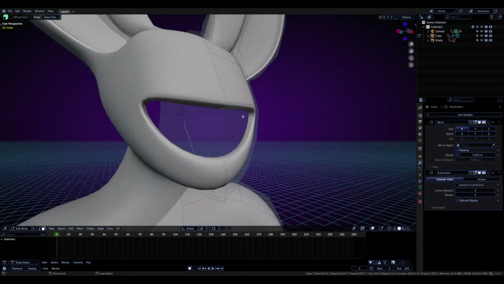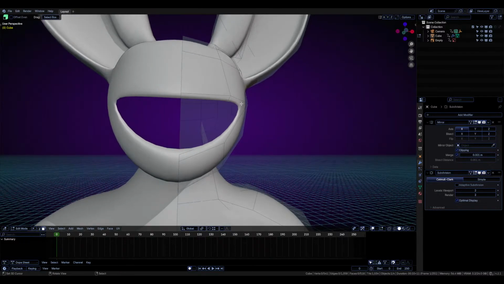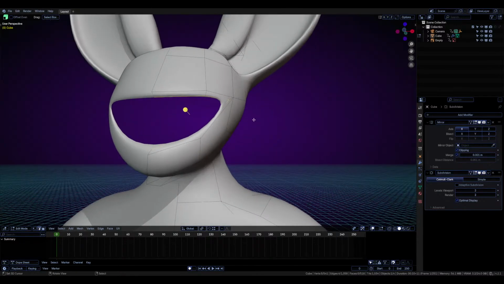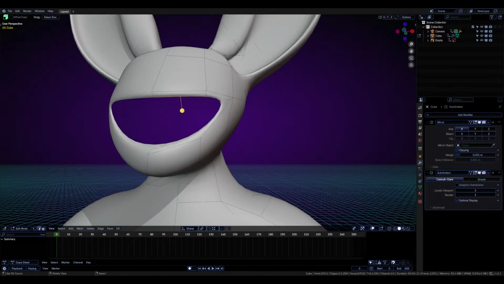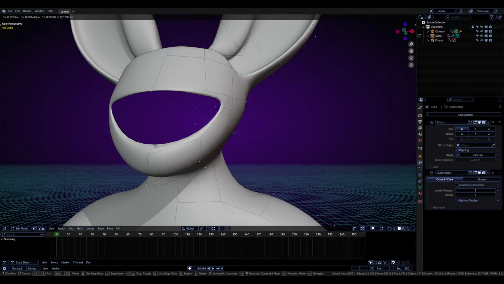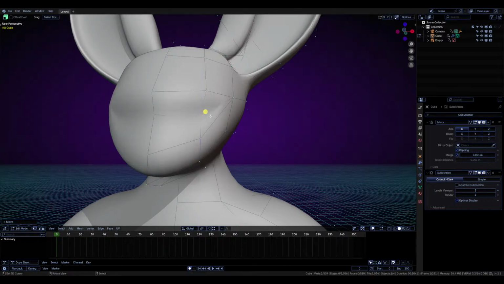But I think the reason its mouth doesn't look right is because I didn't do it the way I did the other one. I kind of just broke the mesh. I tore the mesh to pieces and hoped that would work. But what if